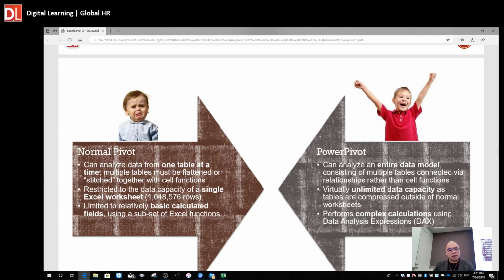And for Excel's normal pivot, the maximum number of rows of data we can handle is 1 million. Only 1 million. And over here, PowerPivot is virtually unlimited, they say. And over here, what we can do is use some basic calculated fields to do some